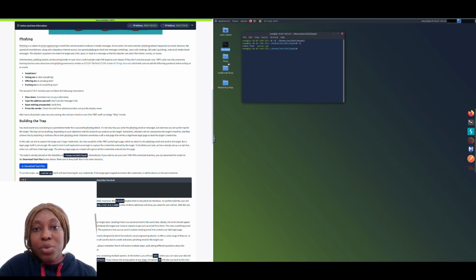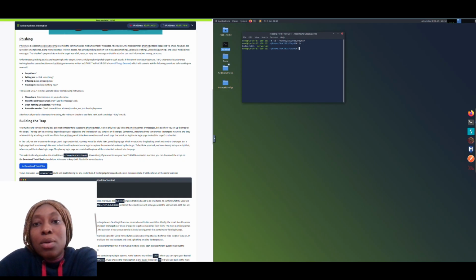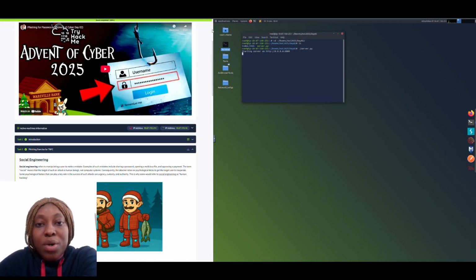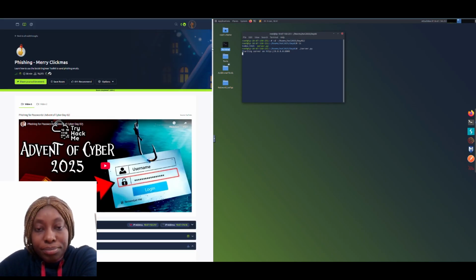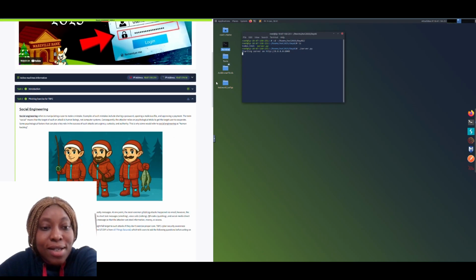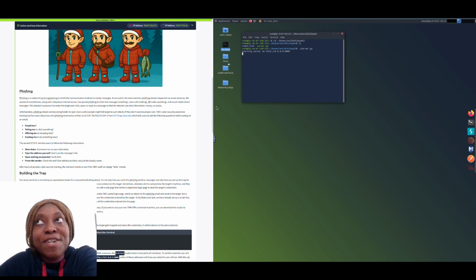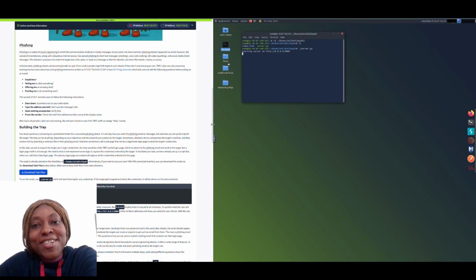Without further ado, we'll move into our terminal where we've already started by changing into the day two directory, and we want to simulate a phishing attack. So first things first is to run our Python script that has already been pre-populated. So we're running the Python script to initiate our phishing server. That's where we're going to be getting the credentials